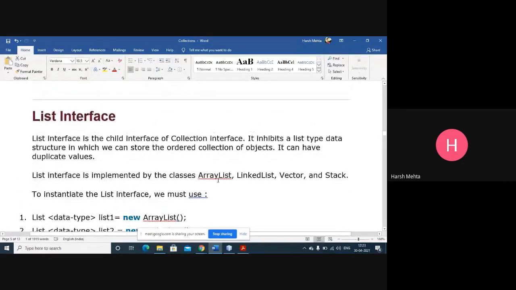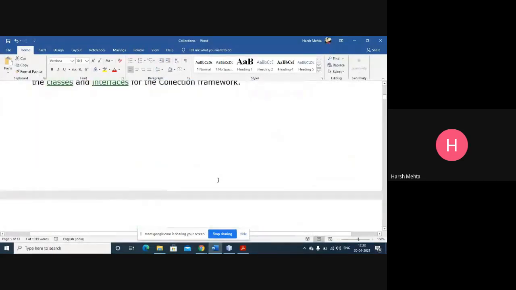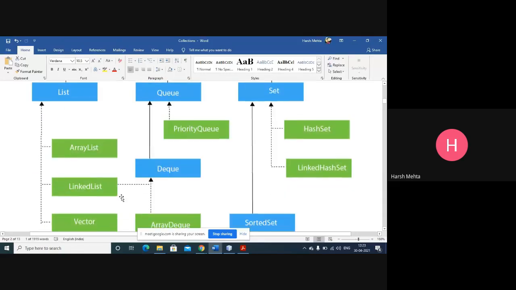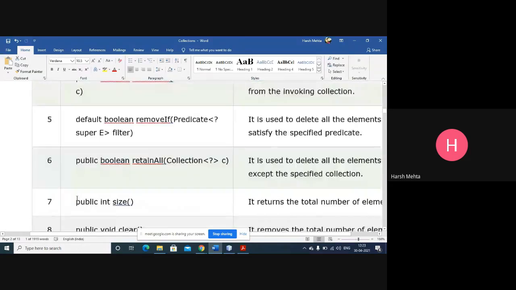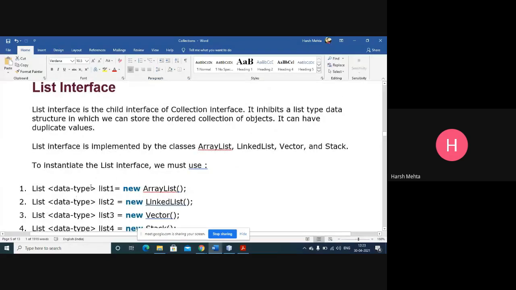Second one is the list interface. After the iterable interface, we have the collection interface, and then we are going to see list, queue, and set one by one. Inside list, we have this many classes. The list interface is a child interface of the collection interface. It inhabits a list type data structure in which you can store an ordered collection of objects.